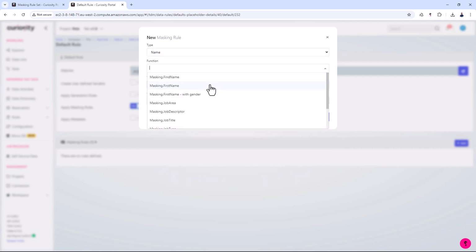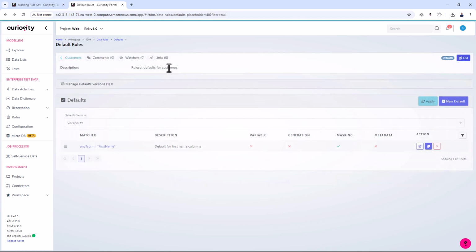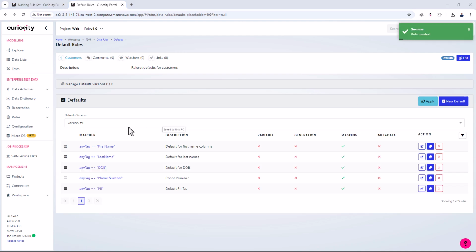select the function first name, and what this now means is that whenever we come across a tag with first name, we're going to apply our masking function of first name to it. So we're going to go through and create some defaults which we think should exist for any masking routine we have. Okay, so we've gone through here and we've created a default, and we've got a catch-all at the end,